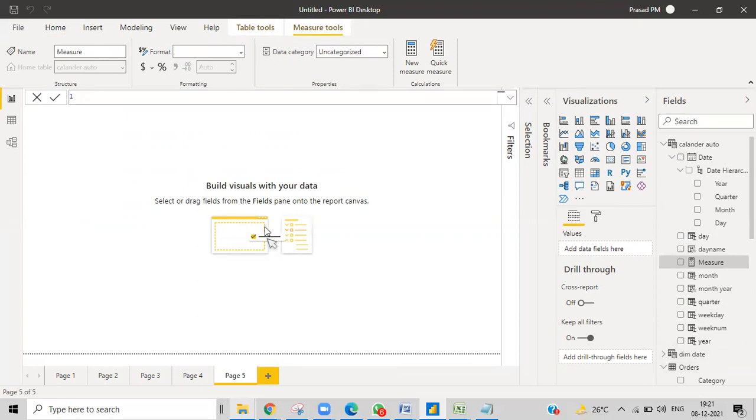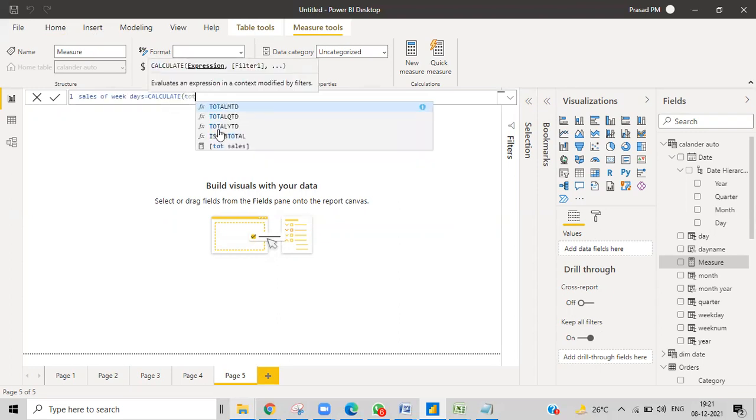What I'll do is, okay, sales of... I'm trying to get you in the habit of writing the measures simultaneously while you learn this. If I don't tell you these measures in parallel, then you will forget all of this. That's why I'm doing it. Okay, Sales of Weekdays is equal to... I'll use some other things that you don't need to consider. I use CALCULATE. You don't need to think about what CALCULATE is. I'll use the Total Sales measure which I already created. Total Sales is the sum of sales, you know.